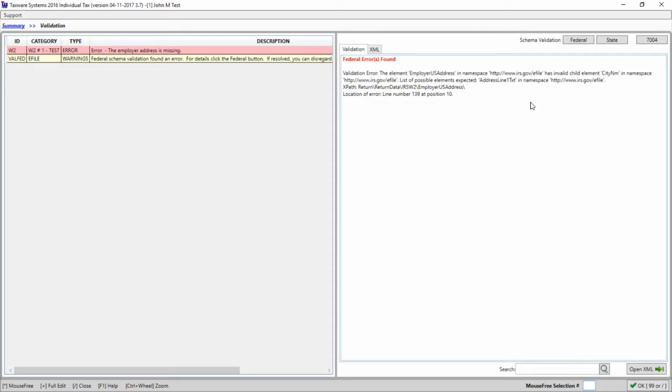When looking at a validation error, you can kind of ignore the namespaces. These mainly have to do with the actual technical code that's sent to the IRS. What's important to notice is what element is invalid and what it's looking for. So in this case, there's an employer US address. It's found a city name, but that is an invalid child element. This has nothing to do with children or dependents. A child element is a computer term for a particular input in a form. So this is saying it hit the city name, but what it's expecting, list of possible elements expected, so it's